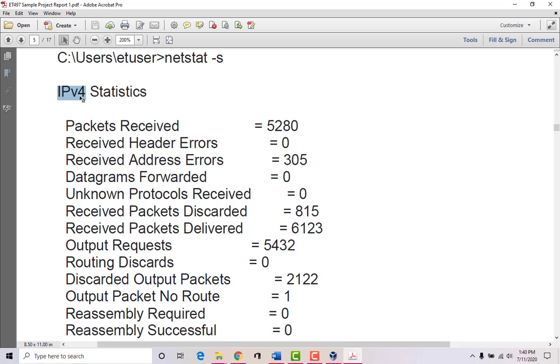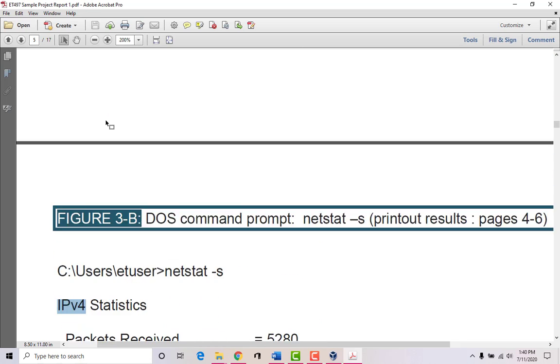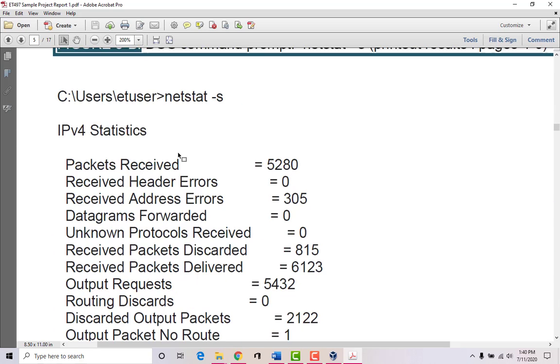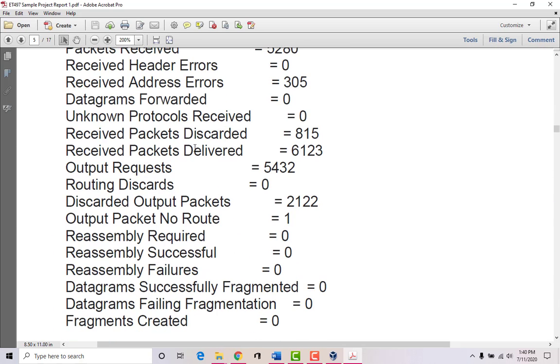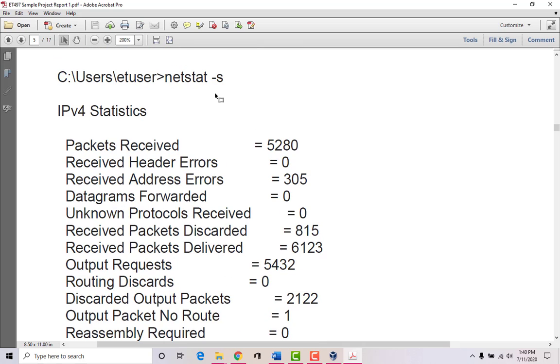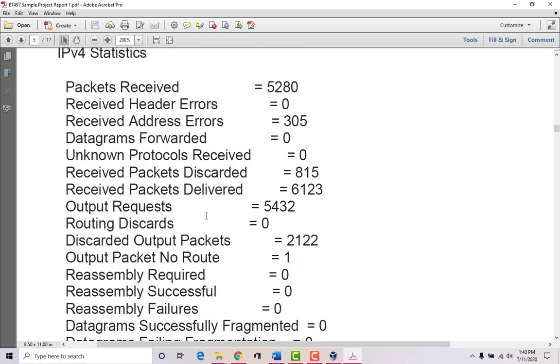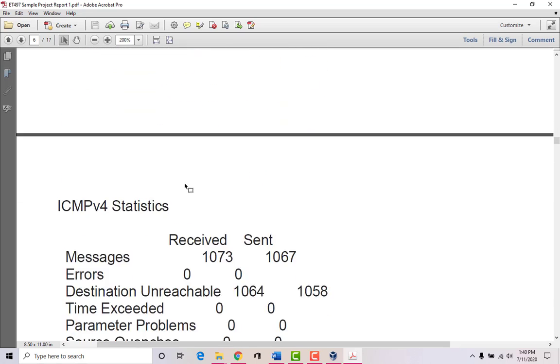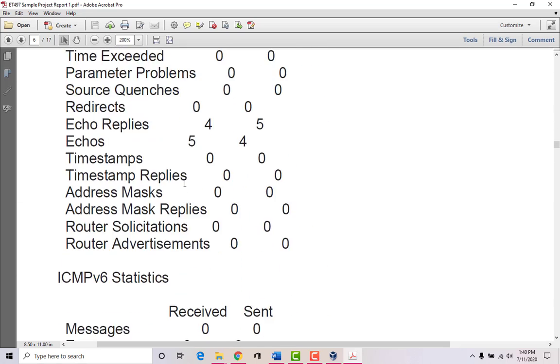There's IPv4 and then there's IPv6, and that determines basically how many unique addresses you can have, depending on the version that you're using. Okay, and when you type in netstat -s, it's going to give you some data back as to what it is that you found. So this is a pretty neat tool.